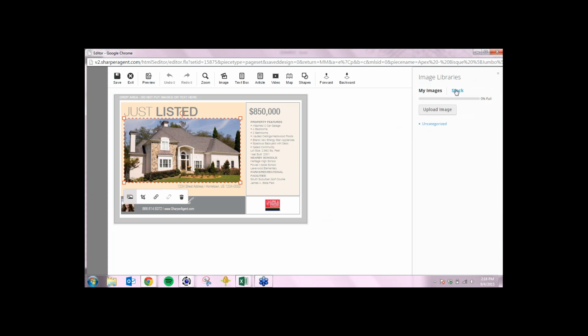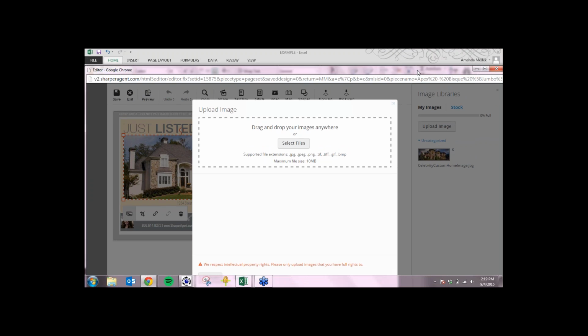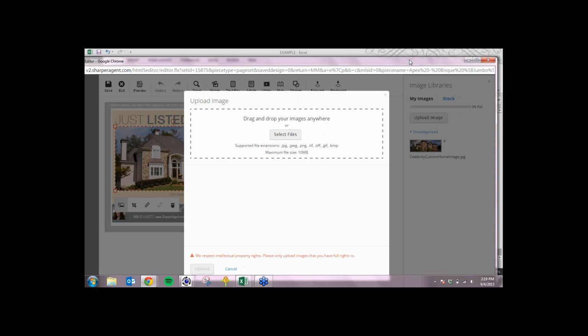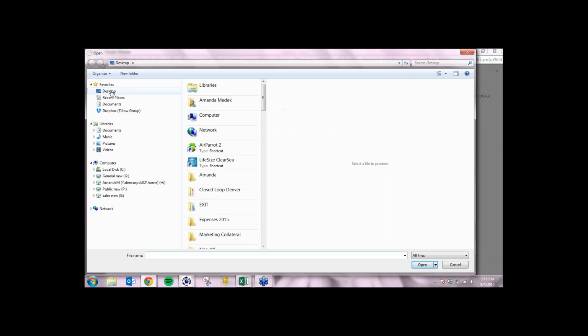I can use something out of the stock library that we've provided for you. I can see any pieces that I've already put in here, or I can upload an image. A great new item about this editor is I can simply take something from my desktop and just drag it in here. Drag and drop, easy that way, or I can select my files and go into